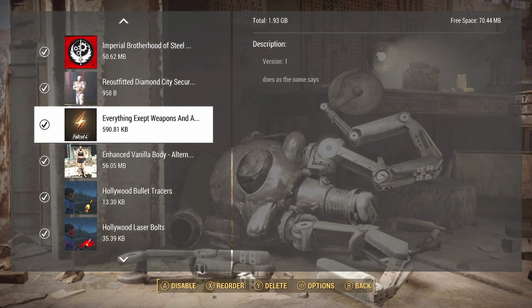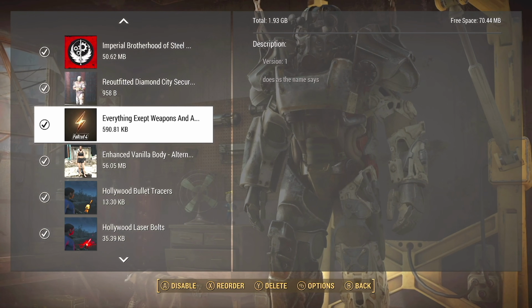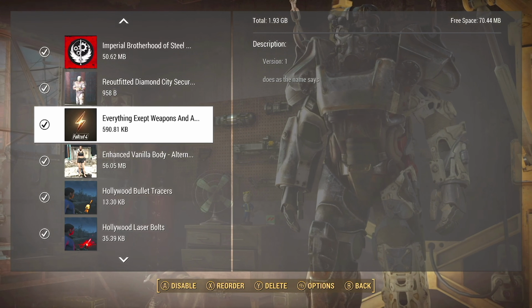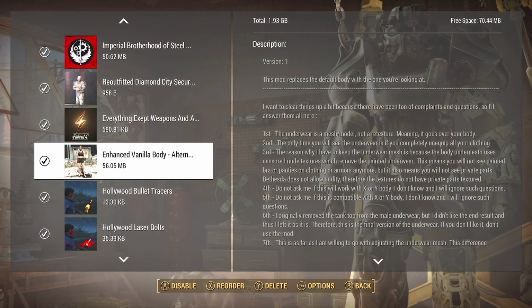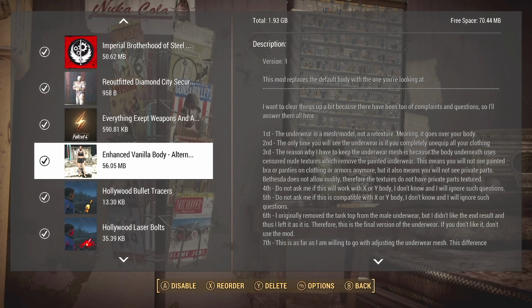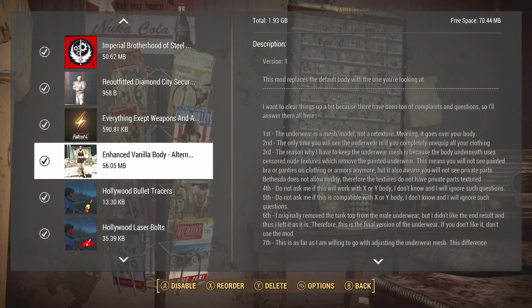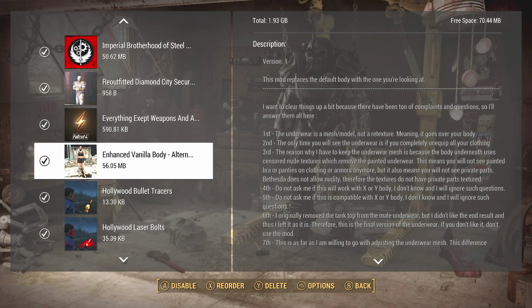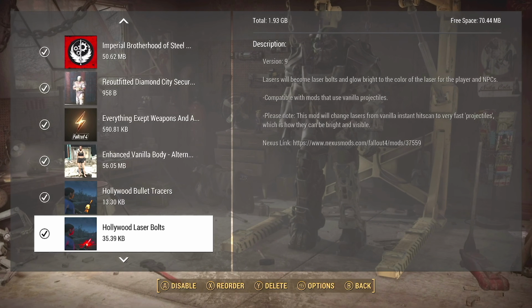So I added that mod in at the end of this just because it's after all my weapon mods and all of my armor mods. And then this next one, Enhanced Vanilla Body, the alternate version. This actually replaces your body as well as, obviously, the underwear because it's black. But anyways, I figured I'd end this section with that, and then we get into our textures, which is the Hollywood bullet